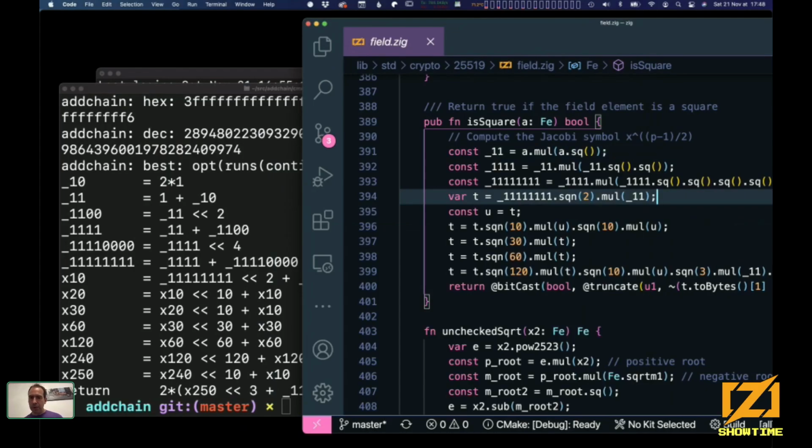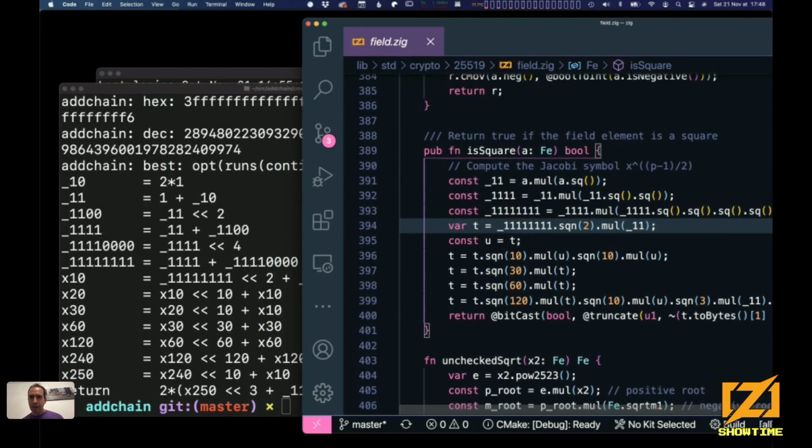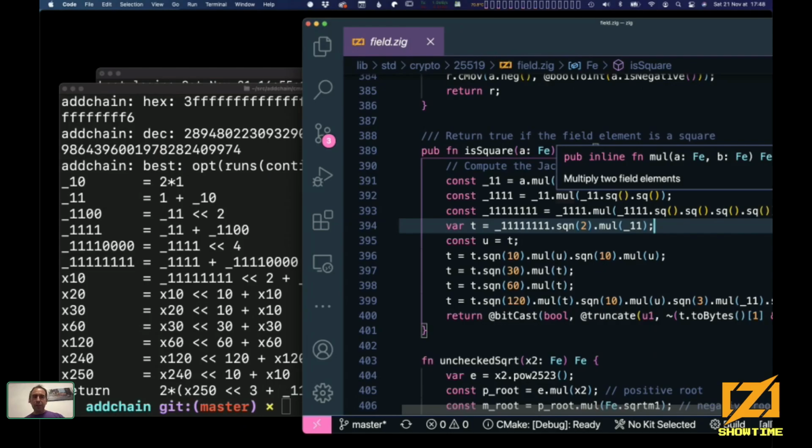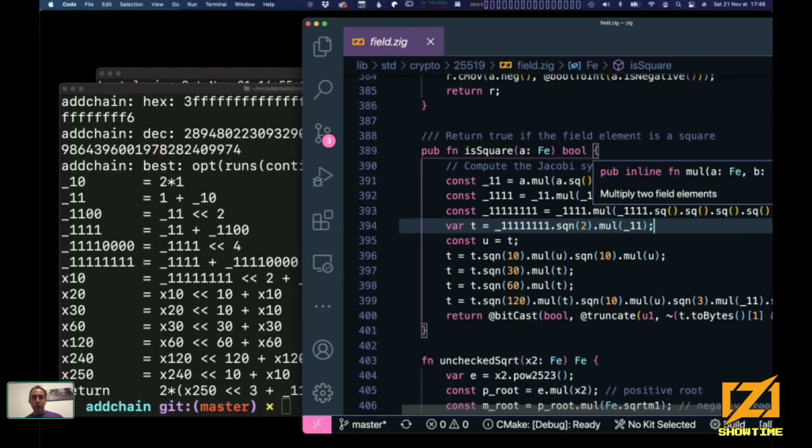Jacobi symbol, where was it? Oh, it was right here. So this is what we do. 2 times 1, so 1 represents x, it's just the unit. So this representation right here, 2 times 1, just means that we take the unit and we square it. This is what we do in the code. Well, after we square it, we add, so we multiply, it's a plus here, but in the code, because we do exponentiation, this is a multiplication. So we multiply this square with a, and then we square it twice, and so on and so forth.